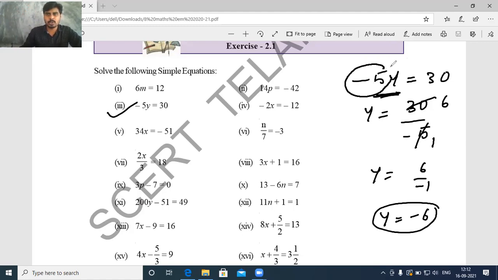See in this question, we transposed minus 5. Even though it is transposed, the minus does not change. It is as it is, minus remains here, but this multiplication operation becomes division. That is the thing, Nana. Observe the difference. Did you get that, Nana? Plus will become minus, but multiplication does not change its sign. Yes, what's your doubt?